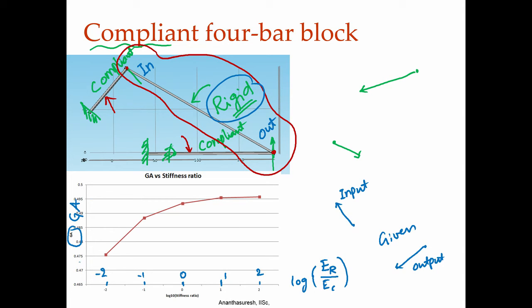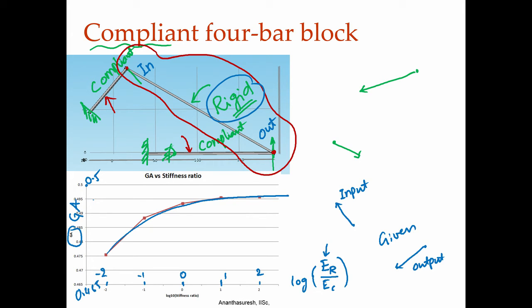Again you cannot read these numbers, this is 0.465 and goes up to 0.5, meaning that there is a little change. So, as you can see, if I make this more and more bigger compared to the stiffness of the compliant segments, it kind of tapers off and automatically goes there. After a while, 100 times bigger if you do, then that is good enough. You can make the stiffness so much bigger, then the geometric ratio will just be whatever this is